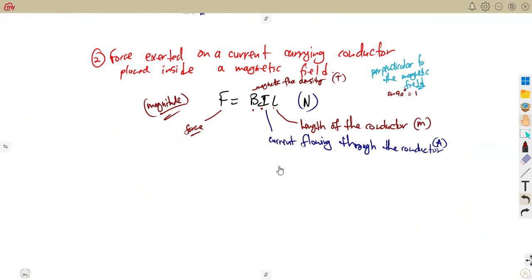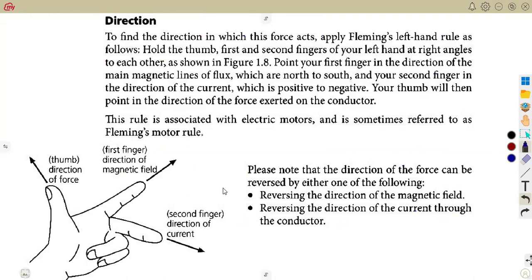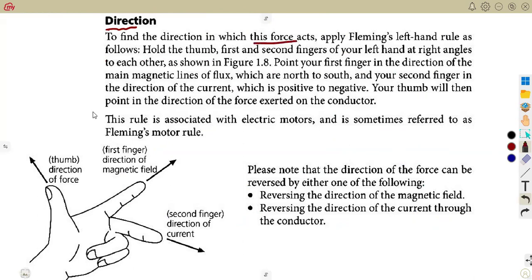But in terms of the direction now, how are we going to find the direction of force? That is where we are going to use our Fleming's left-hand rule. Remember this left-hand rule. It is the one we are going to consider in the determination of the direction of that force. The Fleming's left-hand rule is associated with electric motors. To find the direction of the force that we just calculated,